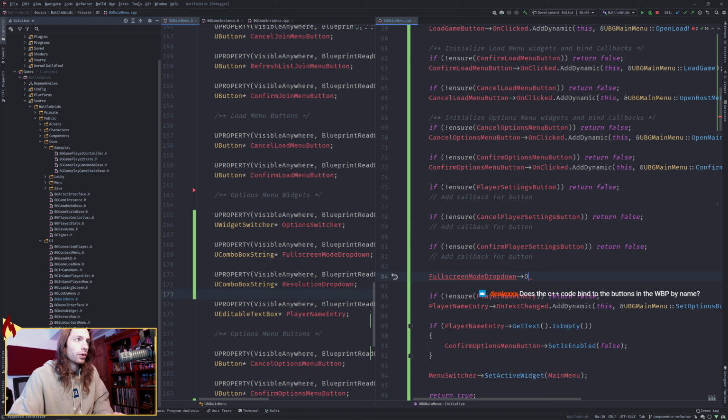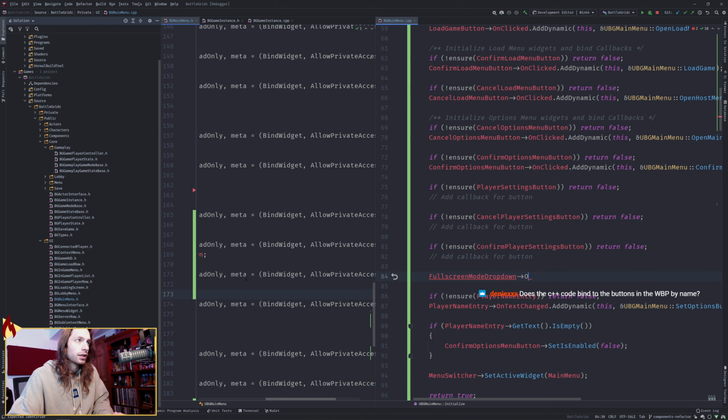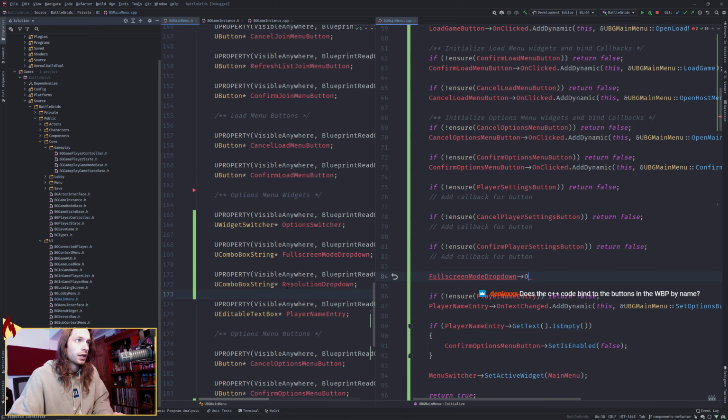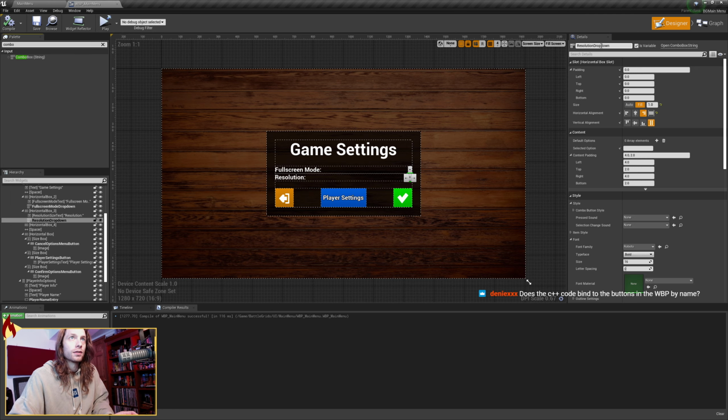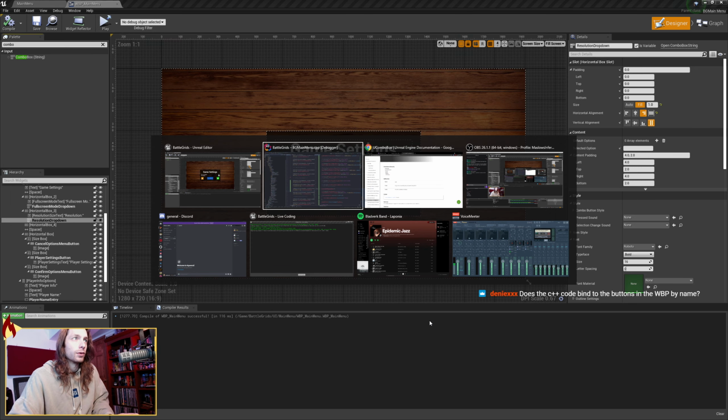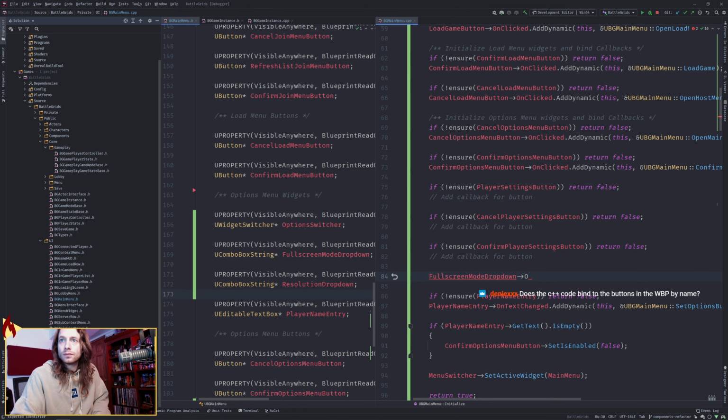It does. So, using this meta bind widget, it's looking for this name based on what you've called it right here. So that's where it looks for and it binds to it. So we want U combo box string. We want